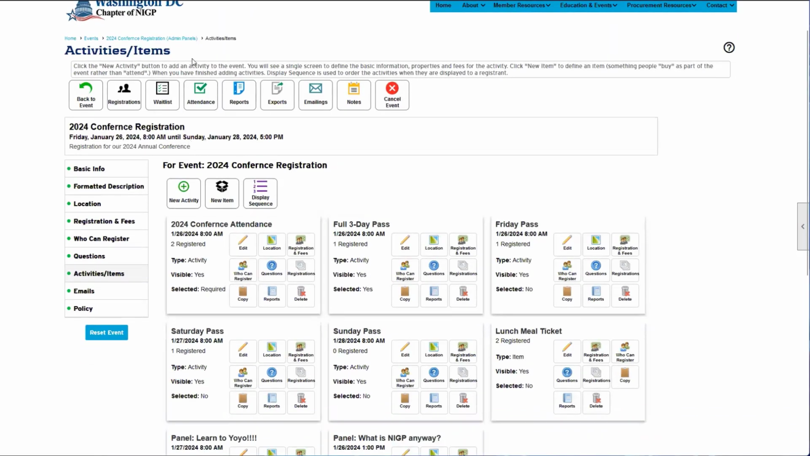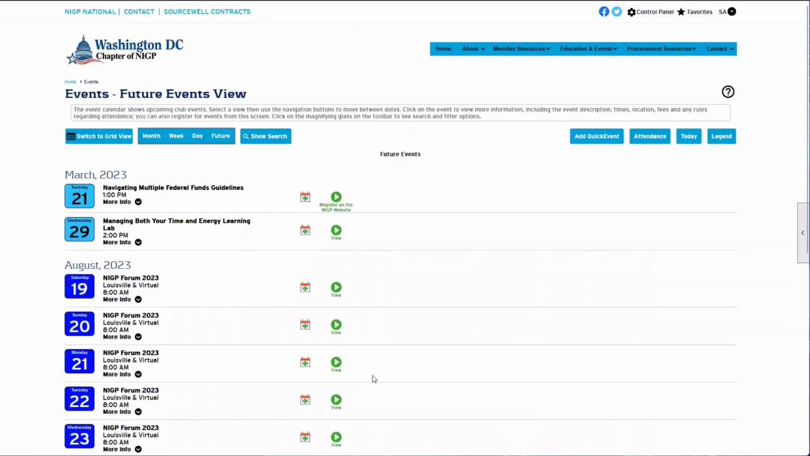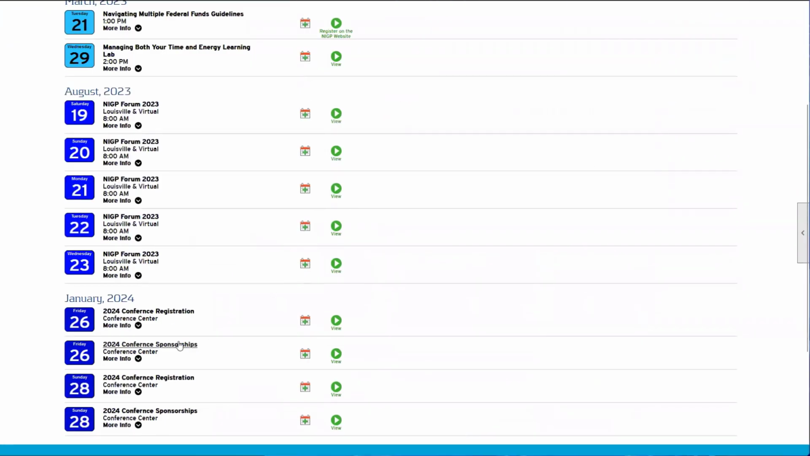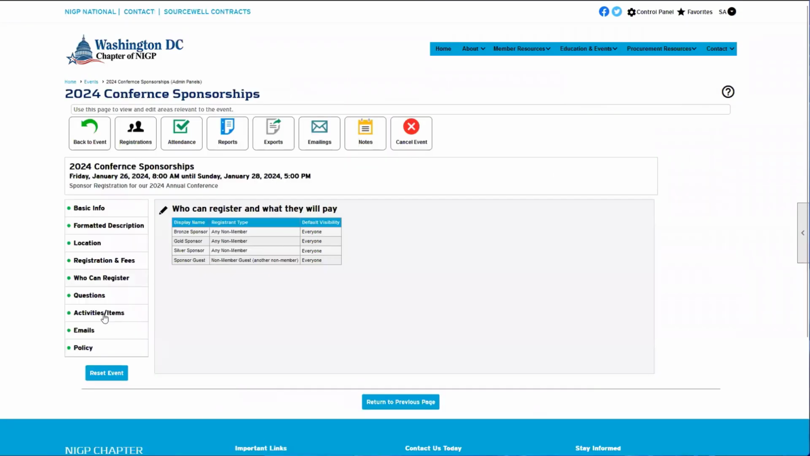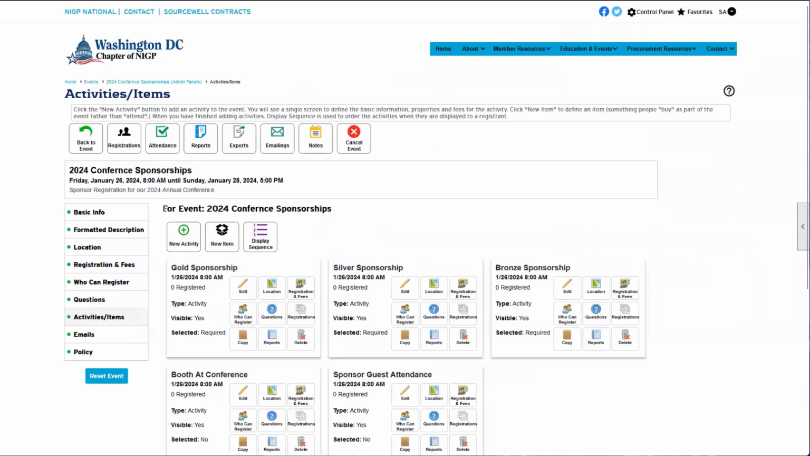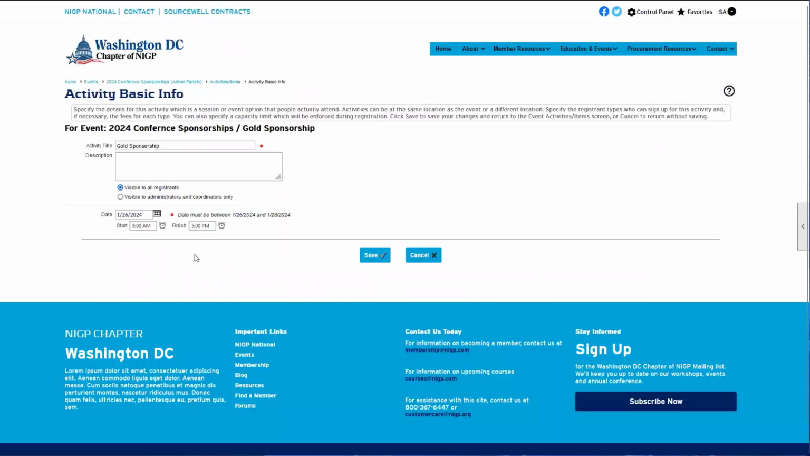And then obviously with our sponsorship registration, if there are things that they get for sponsoring, you would want to put that in the description. So I'll go back to our sponsor option, go to our activities, and go over to the edit for our gold sponsorship. And this is where we would put in